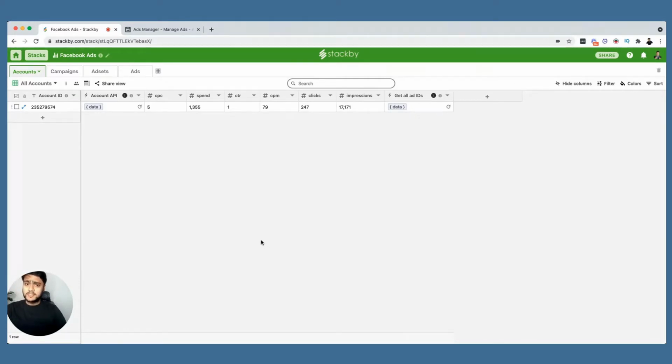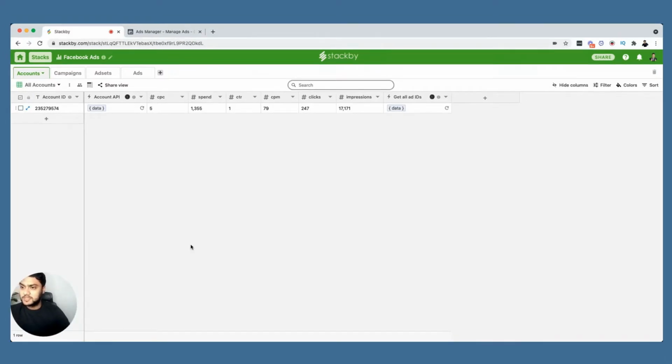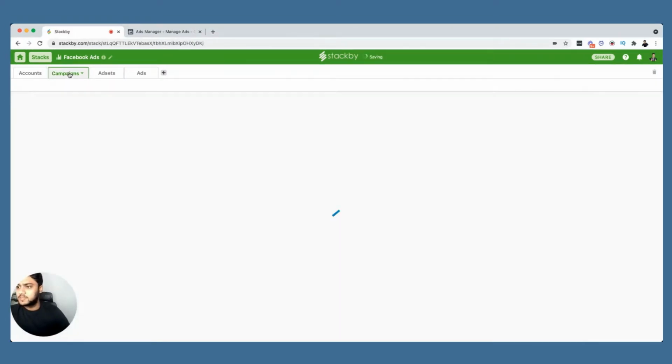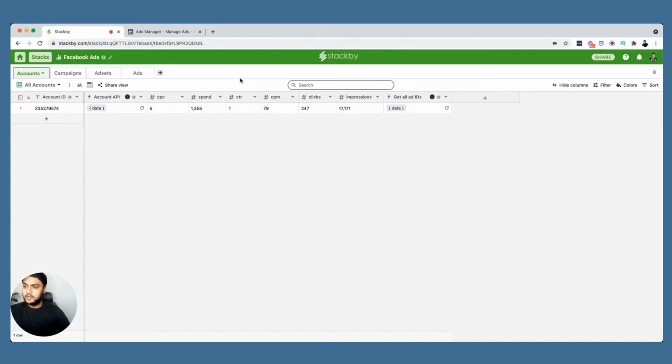Now, what I want to do is, in Facebook, Facebook is basically divided into 4 different segments. One is the overall account, which is the overall Facebook account. Then there are campaigns. Within the account, there are multiple campaigns that you create in Facebook. Within those campaigns, there are ad sets. Now in ad sets, you are essentially giving the targeting. So now once you enter into the stack, you will see 4 tables: accounts, campaigns, ad sets, and ads. Now in the accounts table, you're basically bringing information about your overall ad account in Facebook.